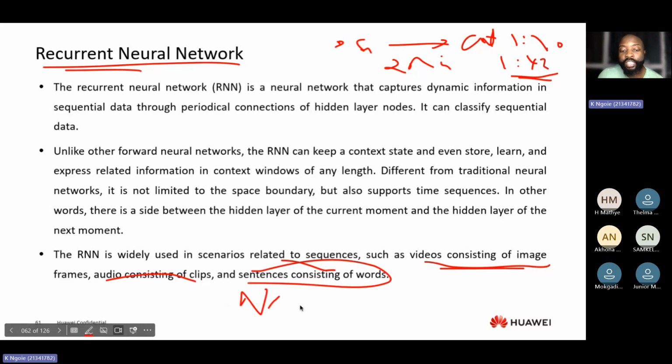An example I can give you is ChatGPT. With ChatGPT you can't just give a word, you need to give a sentence. The sentence that you are giving is going to create a certain meaning, and before it creates a meaning, it needs to look at the previous words that you've used. For example, if I use the word book,